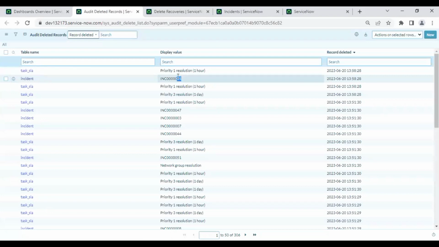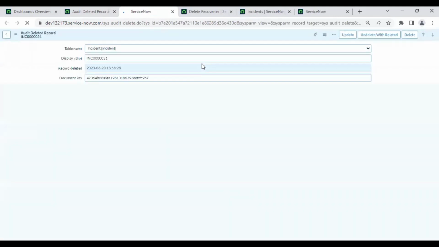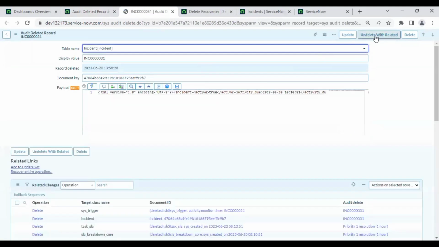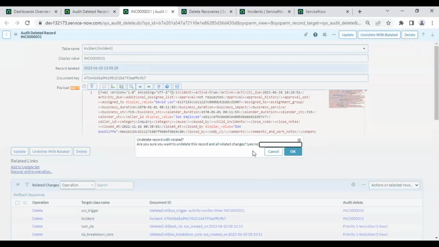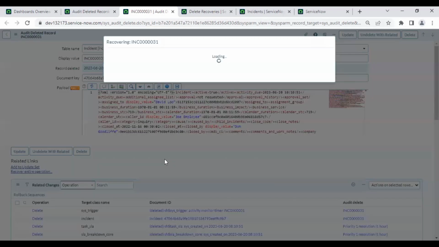See, we have an option of incident 31, right? If you open this, you have to click on this undelete with related. Basically, this undelete with related means restore the deleted records and all its related changes. Cascade delete, whatever happened, everything will be rolled back. So once you click on OK,